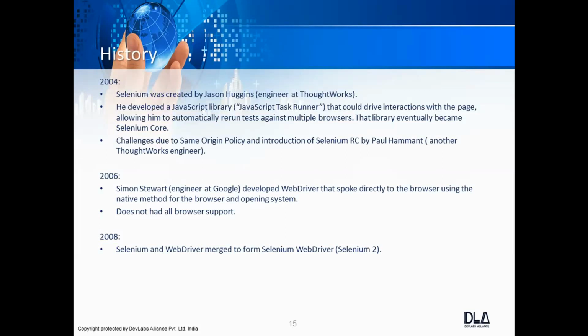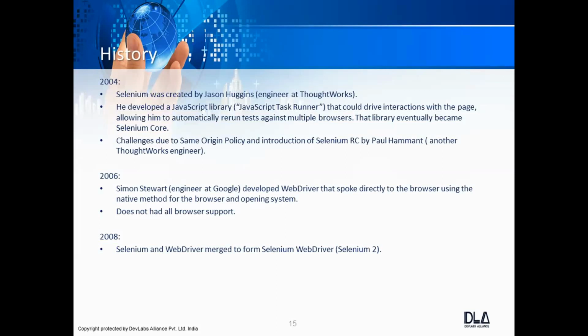Then there were some enhancements also. Whatever Paul Hammond had done, there was another guy, Patrick, who made some enhancements and made it a little more stable so that it could be deployed at a large scale.